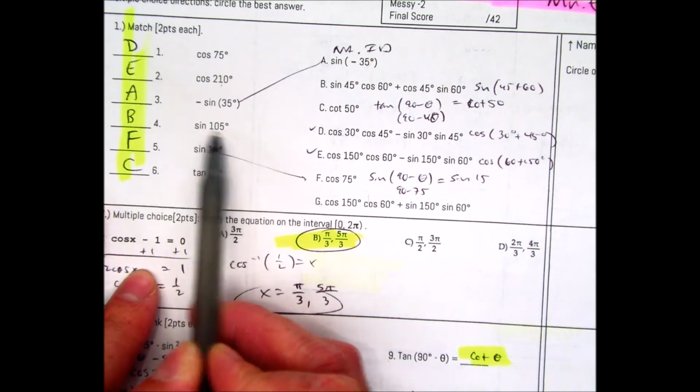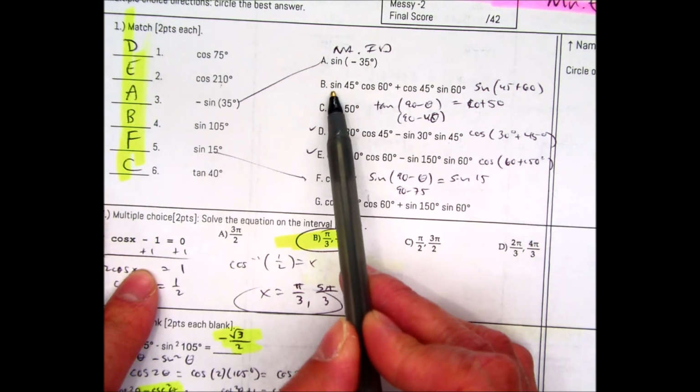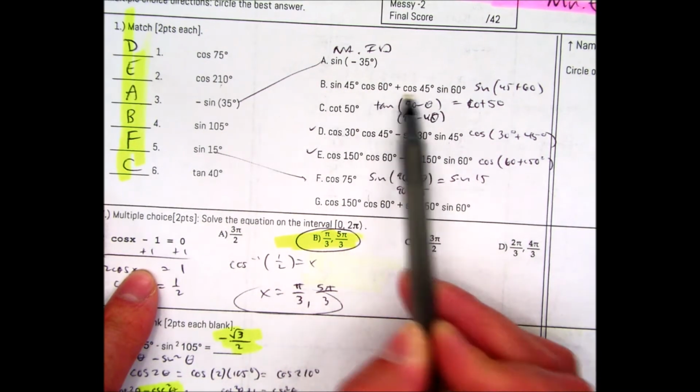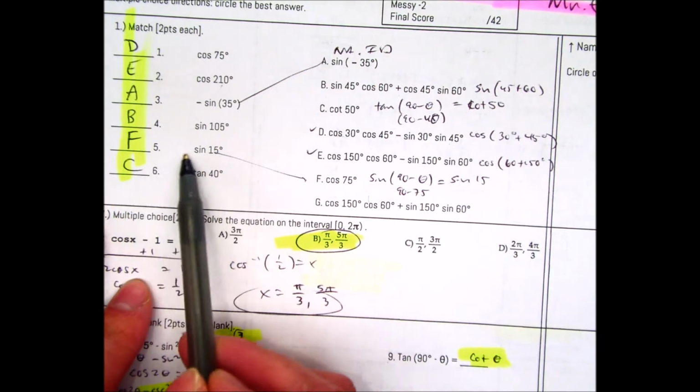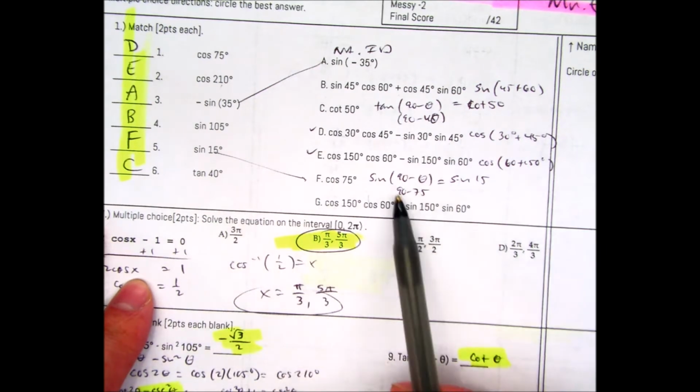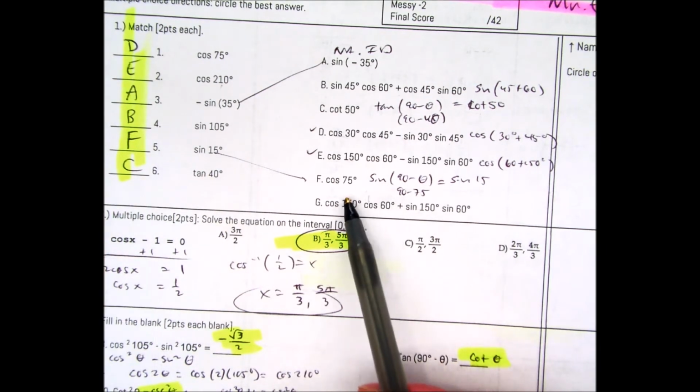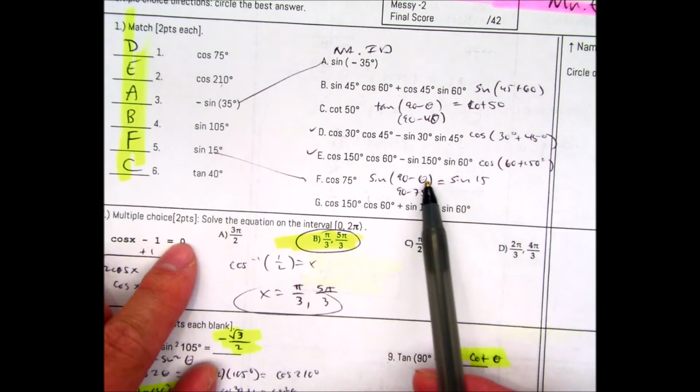Sine of 105 degrees is B. Sine, cosine, there's the sandwich. Sine stays the same. 45 plus 60 gives me sine of 105 degrees. Sine of 15 is cosine of 75. This is called a cofunction. You take 15 degrees, put it back in there, and you get,